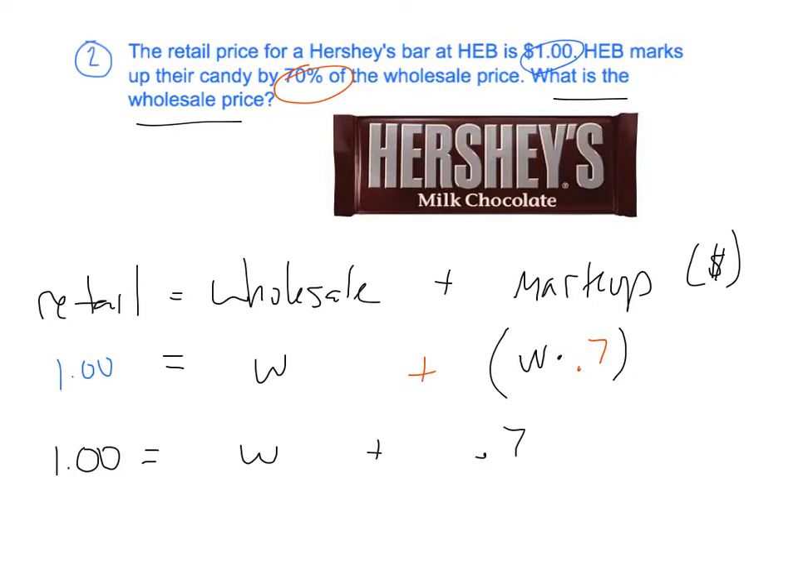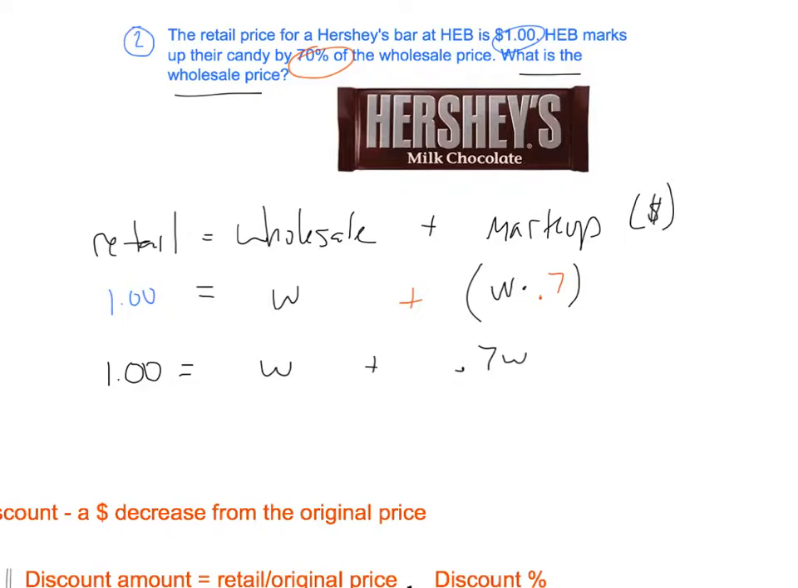How about just 0.7W? Okay, and keep in mind, here for wholesale I use W, and also when we're calculating the markup, I know I have to take 0.7 times the wholesale, so I use W again. Now that I have a W here and a 0.7W here, I can combine like terms. And we know that W really just means 1W, so if I had 1W plus 0.7W, I now have 1.7W,